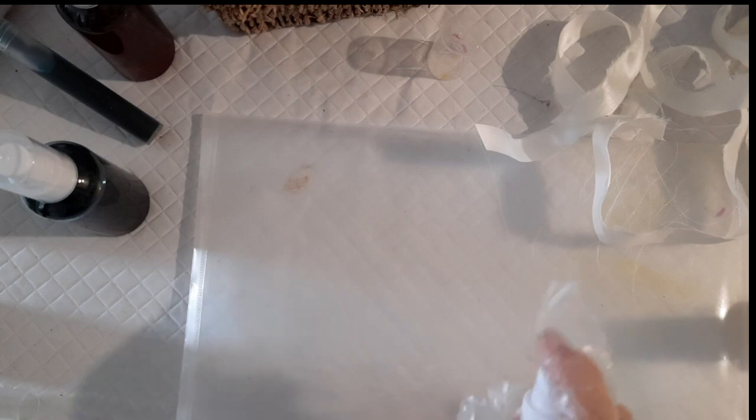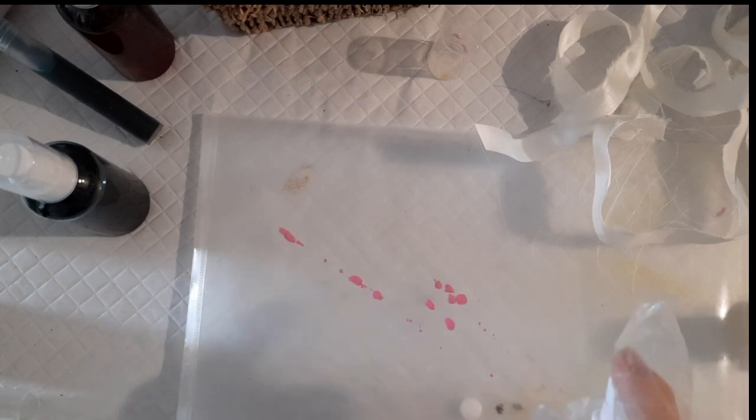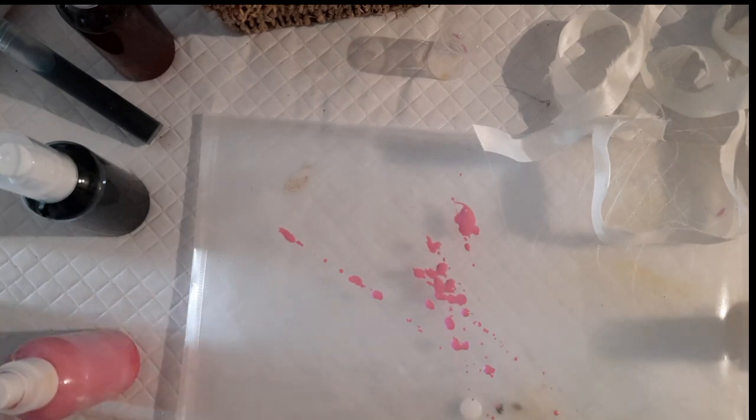Now, let's see how the pink one goes. So I'm just going to... Ooh, I hope it hasn't dried up already. No, there we go. It's not coming out as well as I'd like it to. But you don't need a lot, depending on the vibrancy of colour. And I'll spray a bit of water with that. And I'm just going to...